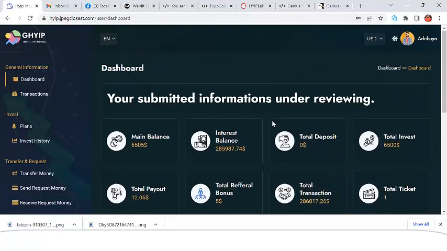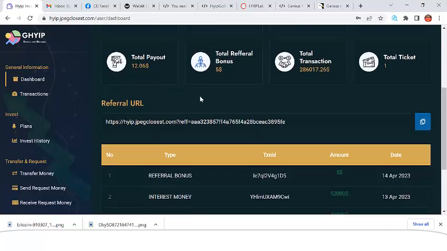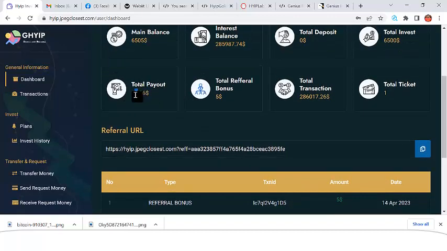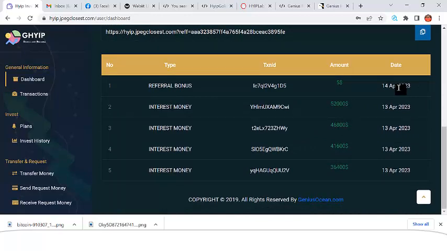As you can see, it has a very wonderful and sleek dashboard. From my dashboard, I can see I already have made $6,505, and my interest balance is over $28,000, and my total invest is $6,500, and my total payout that I've withdrawn is just $12. And my referral bonus: when you invite somebody, the person gets $5. All of that you can set from the admin. As you can see from here, I see my referral bonus, my investment, my interest,